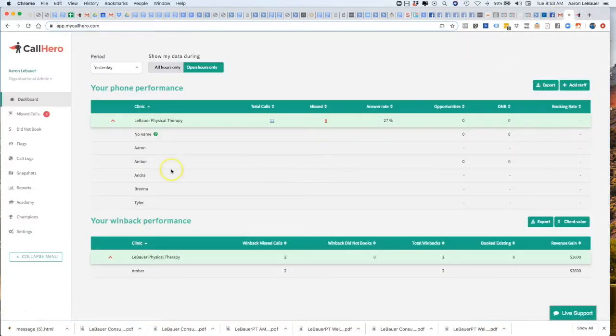So this is my Call Hero dashboard. This is kind of the back end. And what I'm going to do is walk you through how we use this,